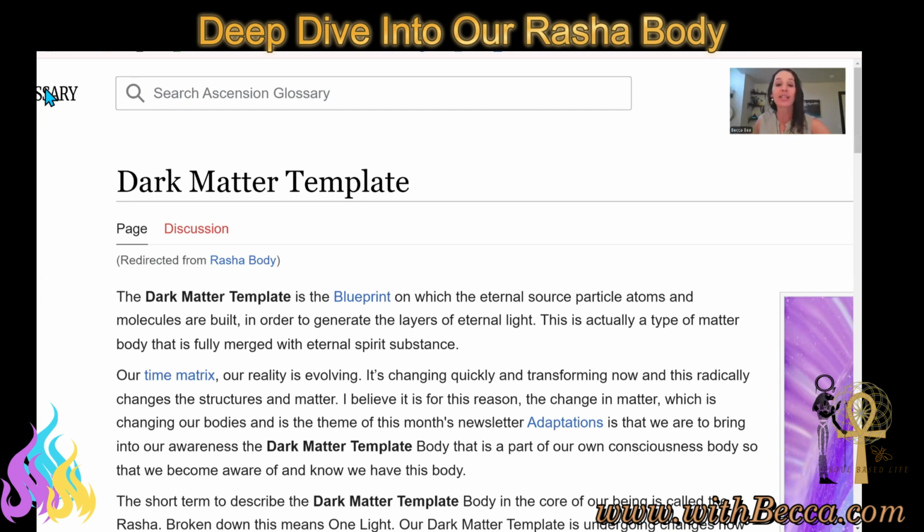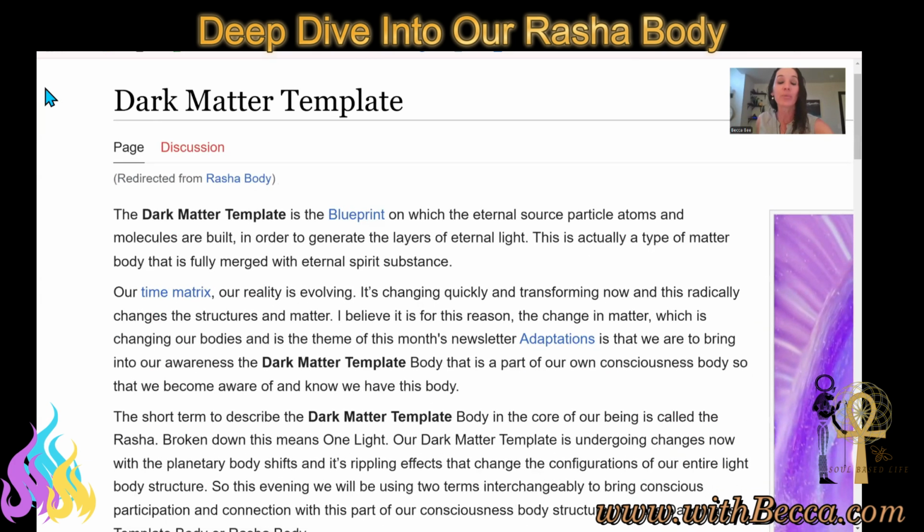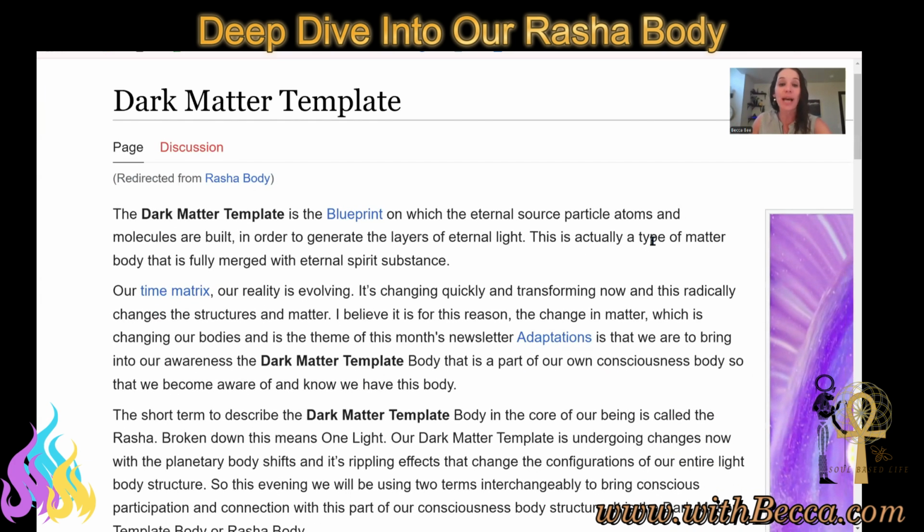The dark matter template, which is the blueprint on which the eternal source particle atoms and molecules are built in order to generate layers of eternal light. This is actually a type of matter body and is fully merged with the eternal spirit substance.